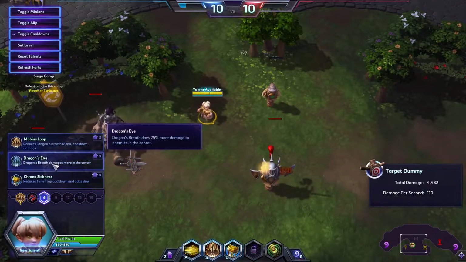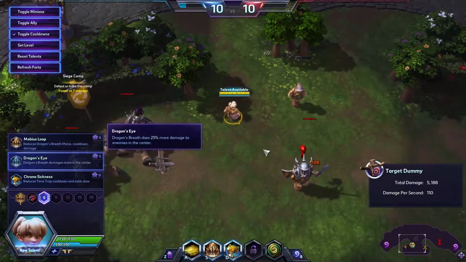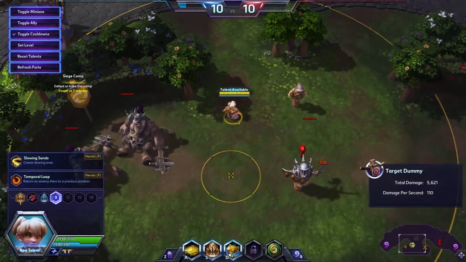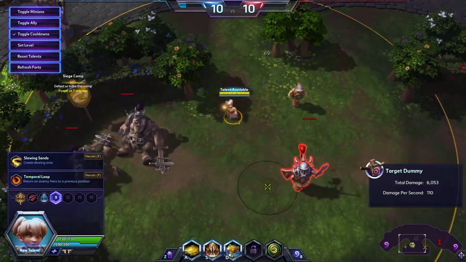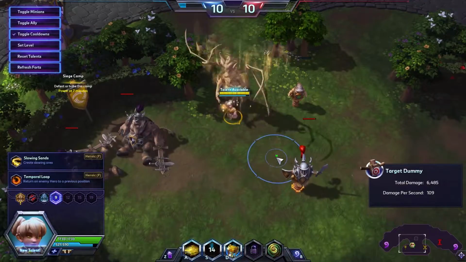Then we've got Dragon's Eye. So your breath does 25% more damage to enemies in the center. It doesn't have a center radius now, but as soon as we take it, you'll notice there's a small ring here, and anything that we hit inside that ring, or I think even barely touching, it'll count for the extra damage. So if it's outside the ring,